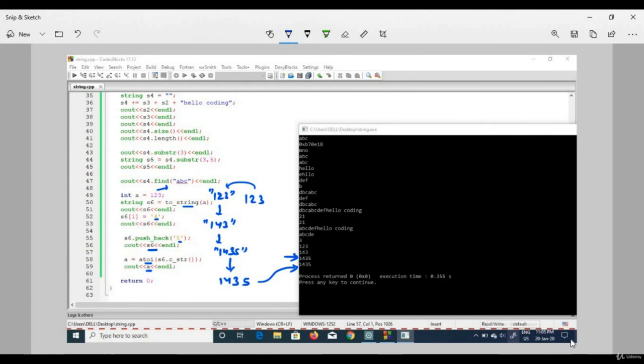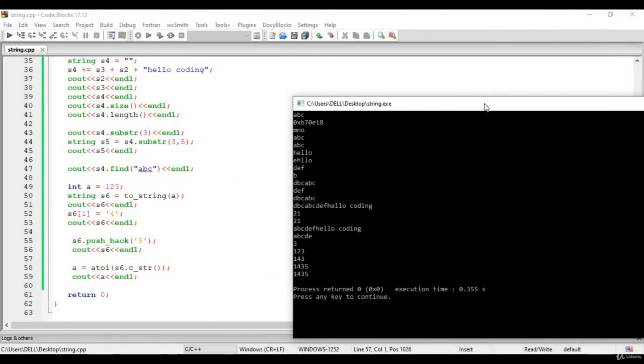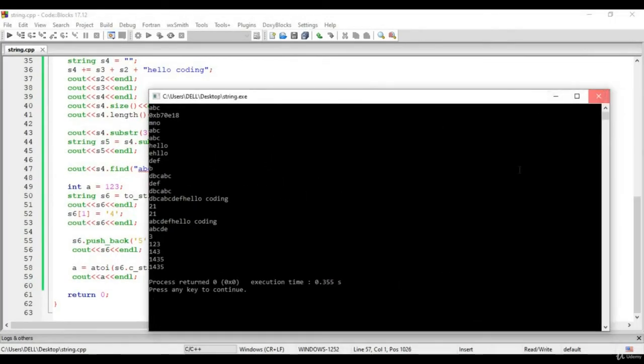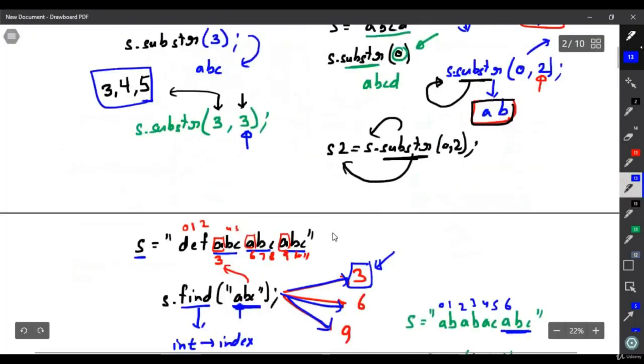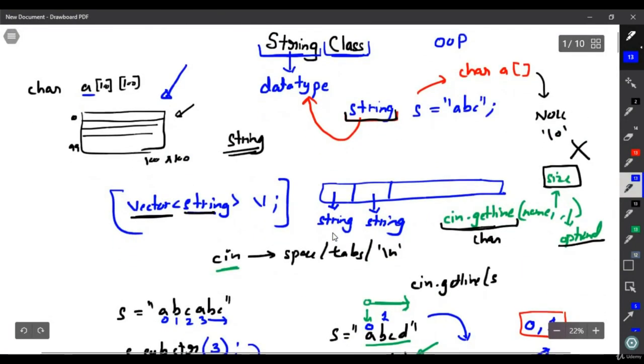So we also have the pushback function just like in vector. You can see strings are much more powerful than the character array. Now how do strings work? As I told you, string is actually a class, and in the implementation of this class, it uses a character array. If you see the implementation of the string class, internally it is using a character array only.